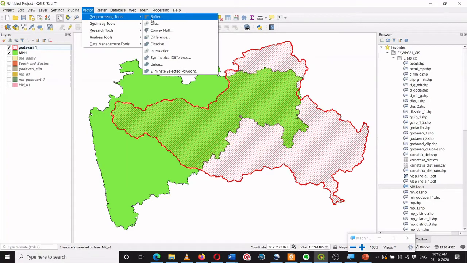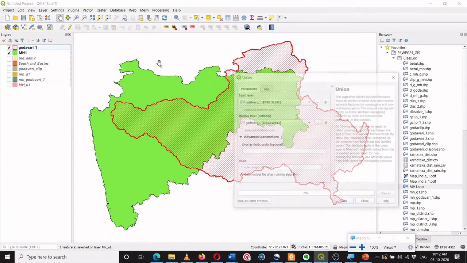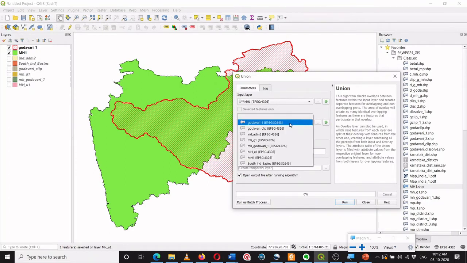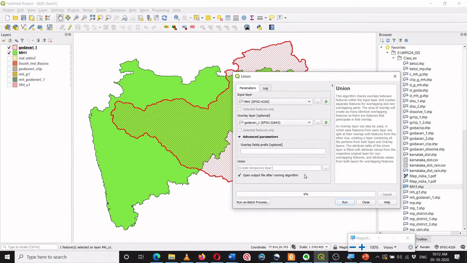Under Vector geoprocessing tool, I will go to union. I will choose the first input layer as Maharashtra, and then I will choose the second input layer as Godavari. Then I can go for saving the features, but for every tool there is a description over here.